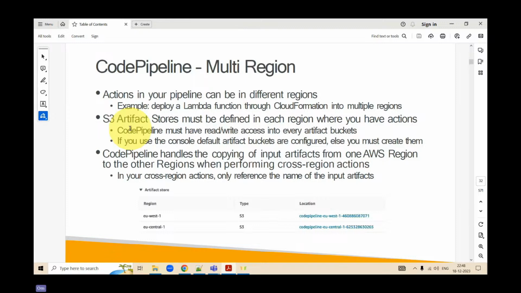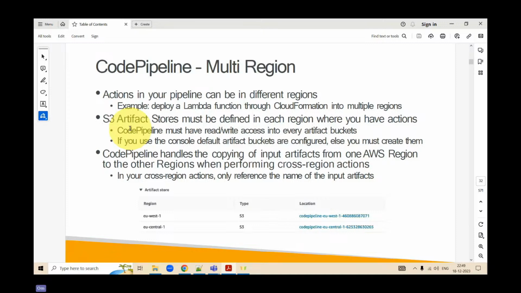Clear? Next, if you use the console, default artifact buckets are configured, else you must create them. That means if you're using the AWS console, then by default, wherever you are creating your artifact, an S3 bucket would be created in the same region. But if you are using a command line or an SDK, then you need to explicitly create it on your own.